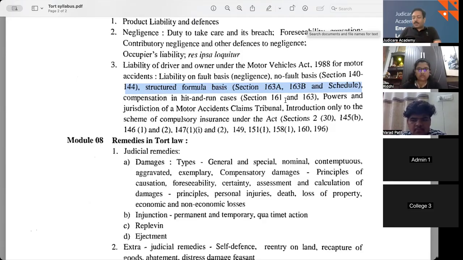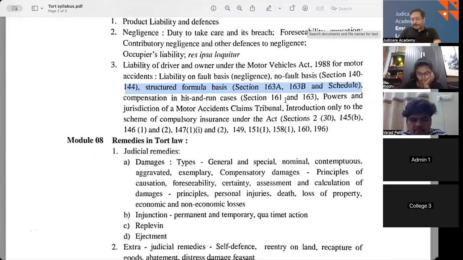This provision allows compensation to be calculated based on established formulas, removing the need for proof of fault while simplifying the compensation process. So basically, the compensation is calculated based on established formulas. There is a table in the schedule, and that is followed for calculating the compensation. And there is no need for proof of fault, because this is anyway under no